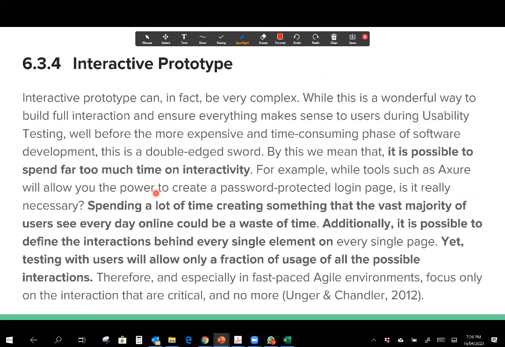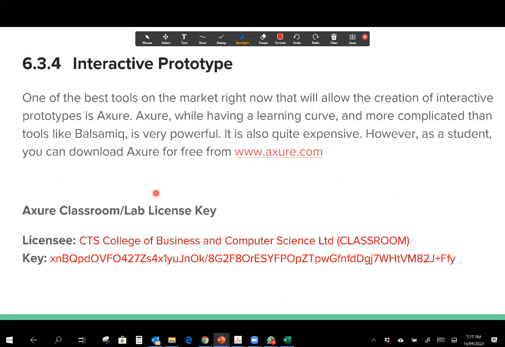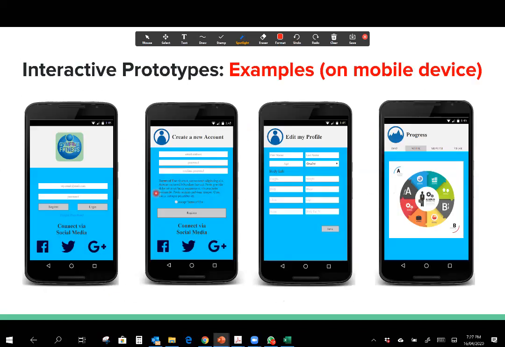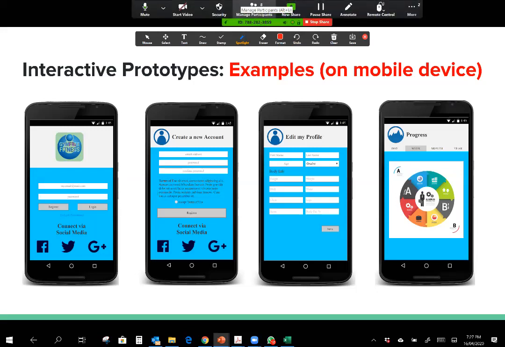Okay, and this helps you to build an interactive prototype. It's called interactive because with your interactive prototype, you could actually click and see how it navigates from one screen to the other. So you could see how they all link together, and that's what you call an interactive prototype. And this is an example. Once you have this, that's the end of your design phase. You've completed your design, and now it's simply time to go and start coding. Good? Any questions so far, as we come to the end of this particular chapter?